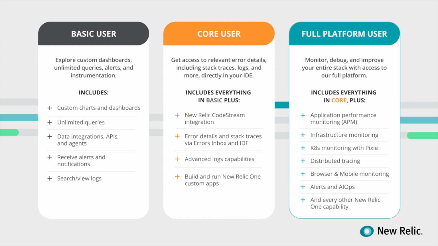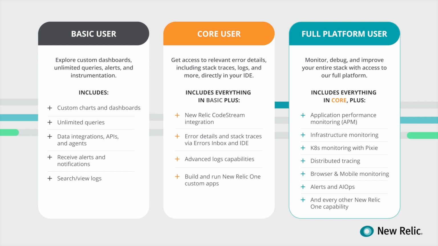But before we get started, it's helpful to understand our three New Relic One user types. First, unlimited free basic users are ideal for engineers, product managers, and executives who don't have a paid seat but want to see application or system performance metrics via a shared dashboard, or they want to understand what happened with an alert. Our basic users are free and included with every New Relic One plan.